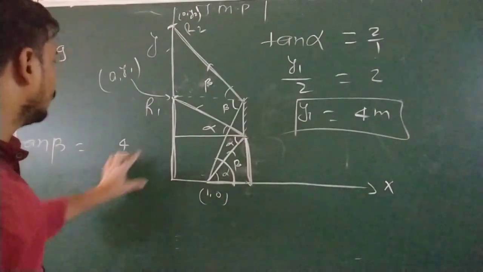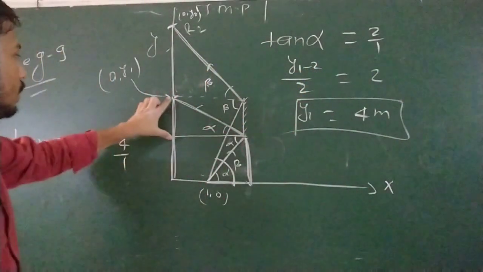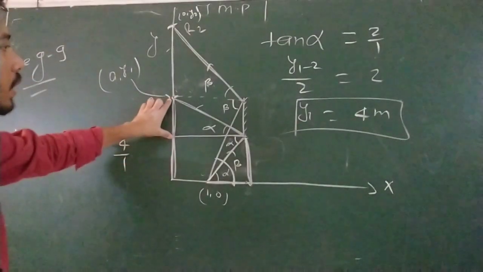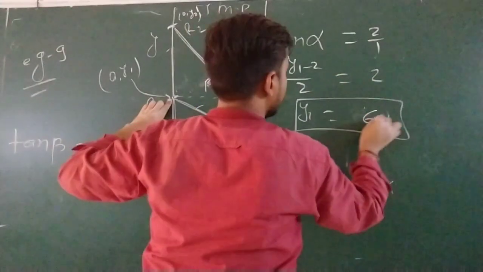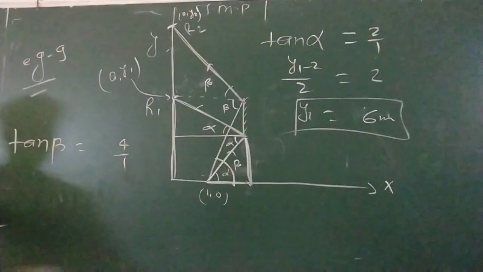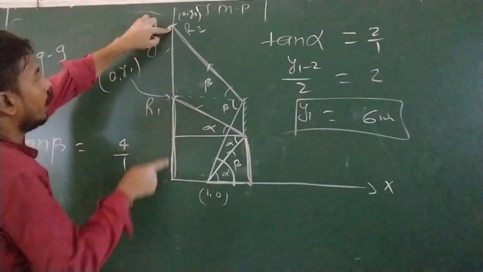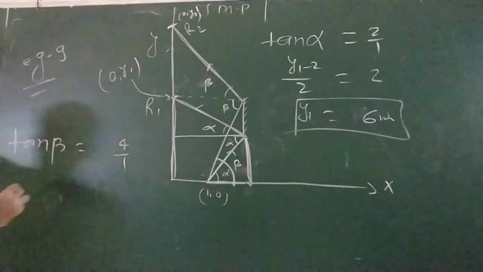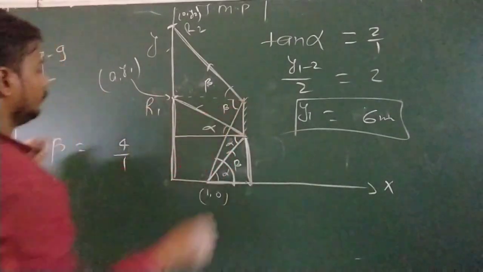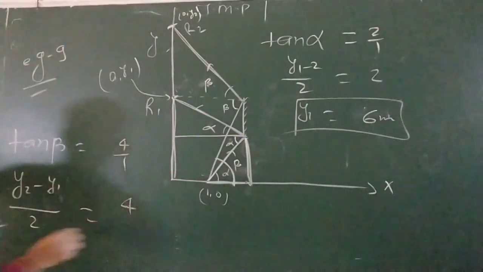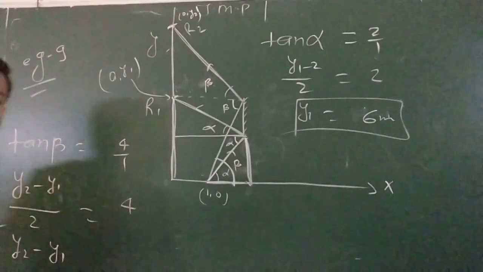Okay, we have made some mistake, I think. This becomes y1 minus 2. Sorry, this becomes, because this total coordinate is y1, so y1 minus 2 by 2, so 4 by 2, so this becomes 6. 4 and 2, 6 meter. Sorry. Similarly, here we can write this one. So this total height is what? See, this total height is y2, this is y1. So this becomes y2 minus y1 by this gap 2 is equal to 4. So this becomes y2 minus y1.